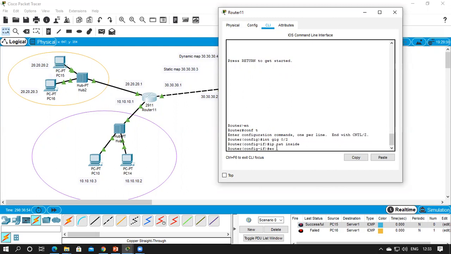So we have set the inside network. So exit, come to the other interface, that is 0/1. This is your outside interface.